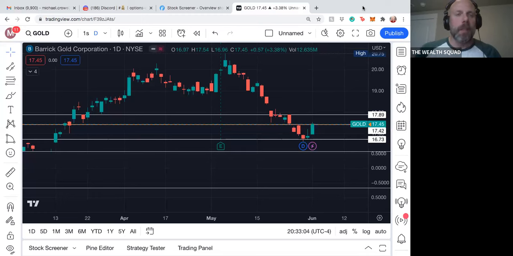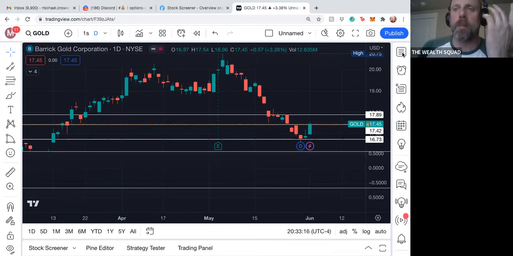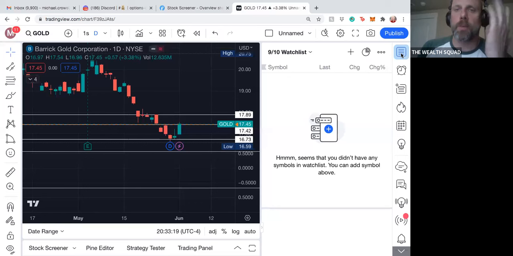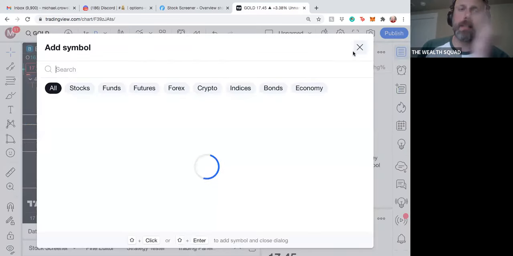Anyhow, with TradingView itself, let's start in the corners of these columns. Over here on this right column you're going to have your watch list. You can create several different watch lists and save them week by week based on sector, however you want to do it. You'll add a symbol by, let's just say,